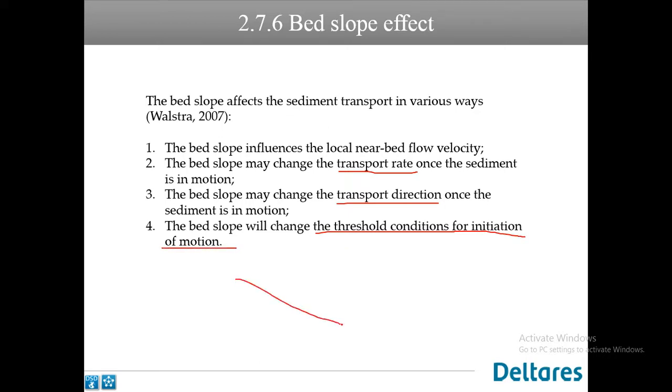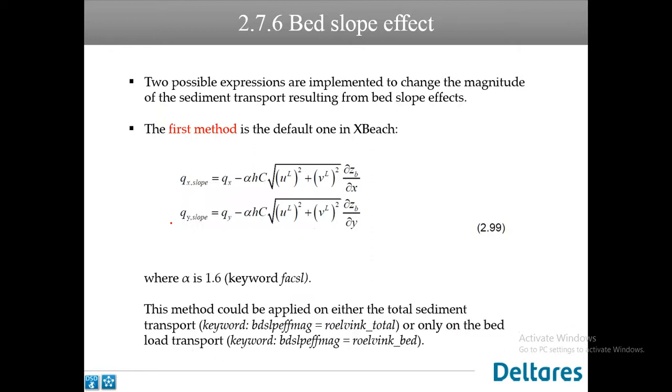You have something like this, or if you have something like this, or you have a flat bed slope. So this affects the sediment transport. Okay, so two possible expressions are implemented to change the magnitude of sediment transport resulting from the bed slope effects. The first method is the default one in XBeach,